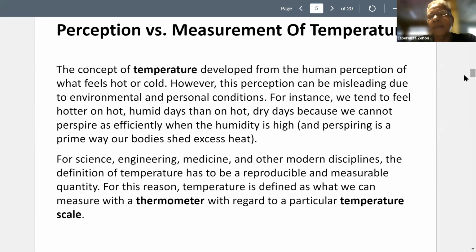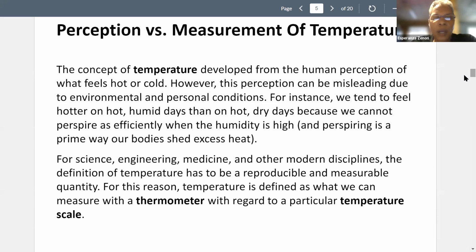So, in some respects, temperature is not a foreign concept to you because, in simple terms, it deals with hot and cold, right? But we know, because we're in a physical science course, that we can't just talk about things like feels hot or cold, because each person will perceive things differently. What I perceive as cold, you might perceive as warm. Or, if I think something is hot, you might perceive it as cold. So that's a personal perception, that hot or cold. And so we need to go to a more quantitative description.